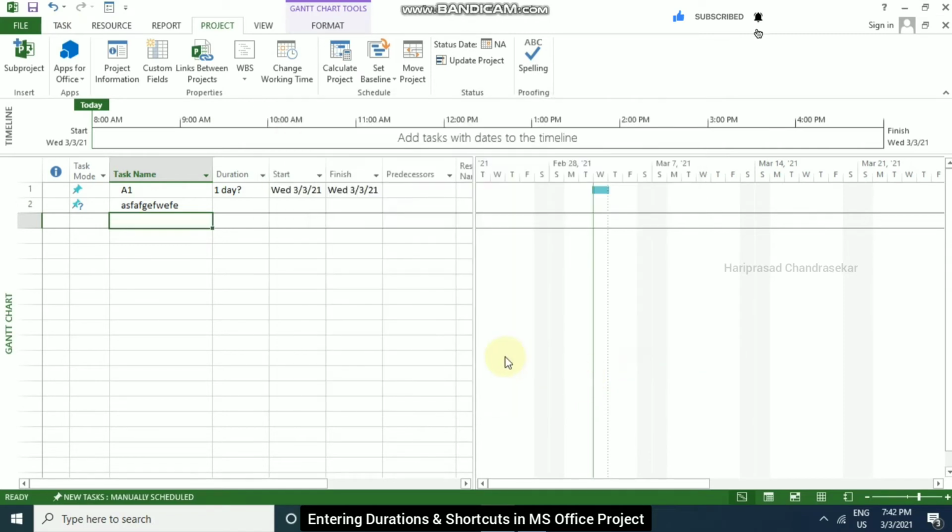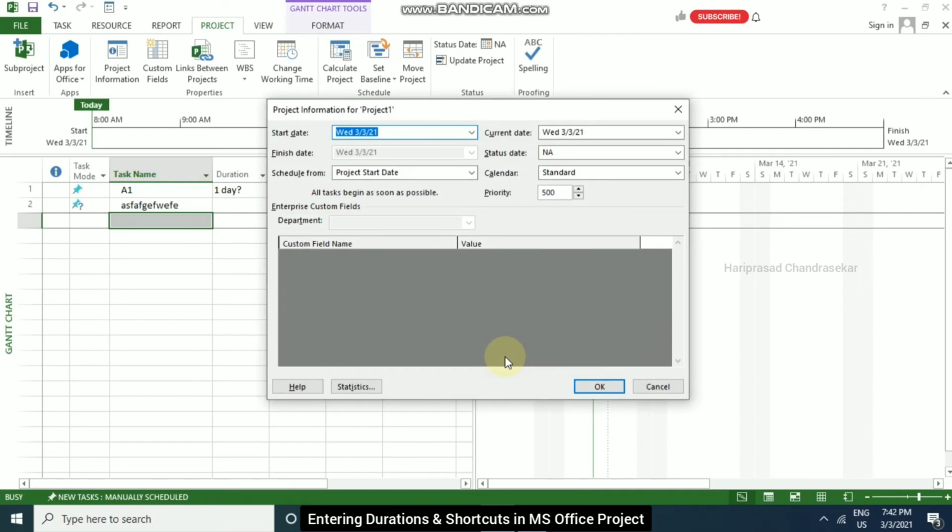Now we can try this combination Alt, R, I. If you want shortcuts directly, you can memorize these things. When we are working in this kind of software, we get used to it, so we will automatically remember everything. It makes our work and tasks simpler. So that is the advantage of shortcuts.